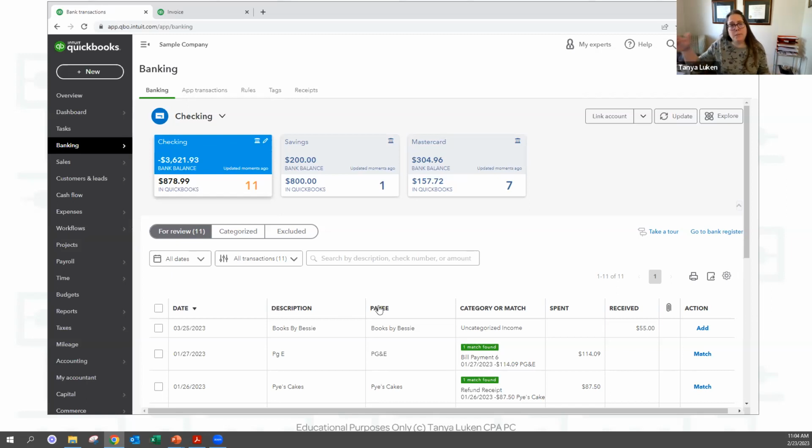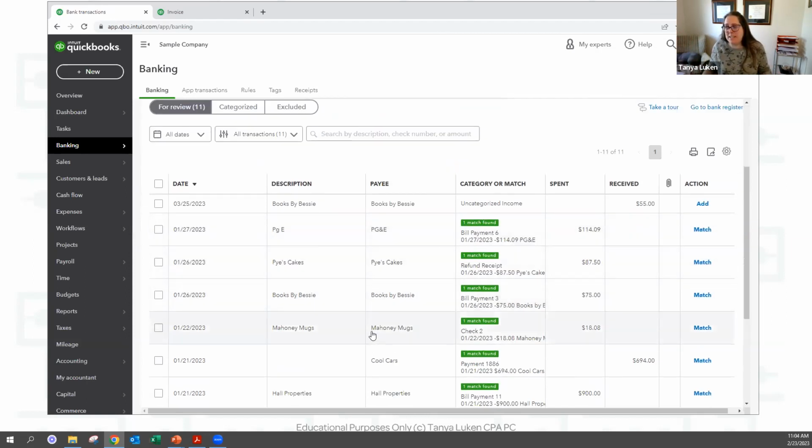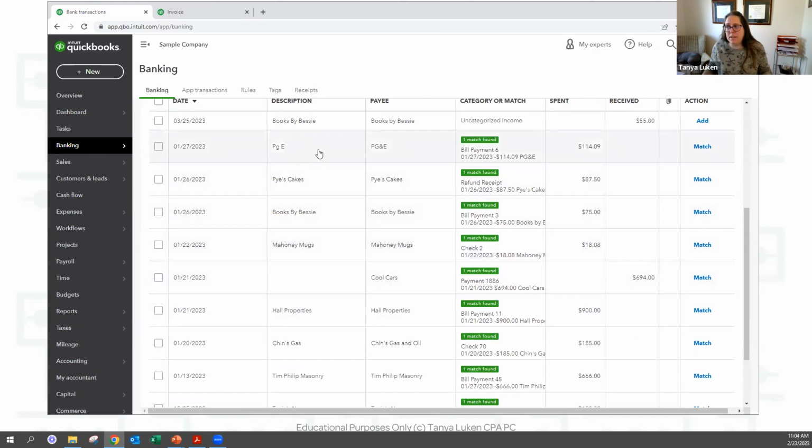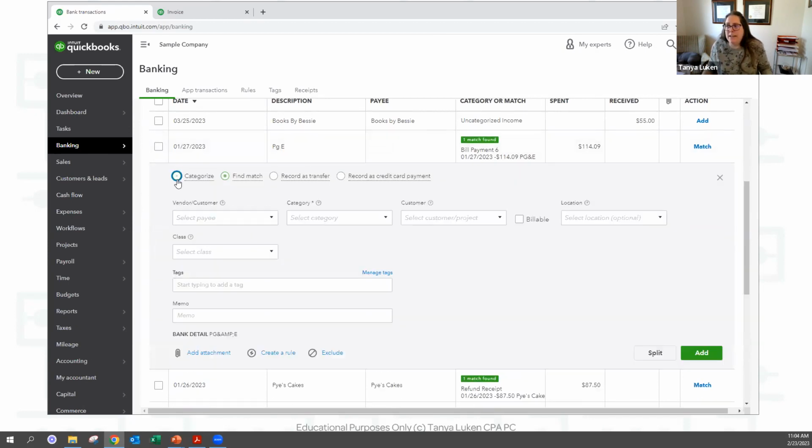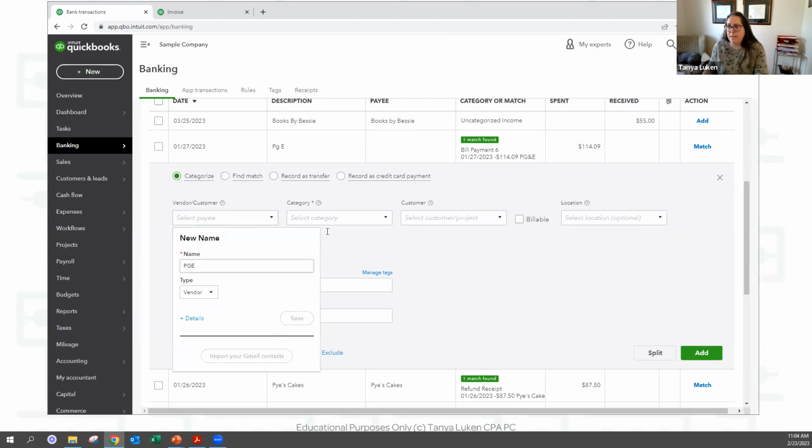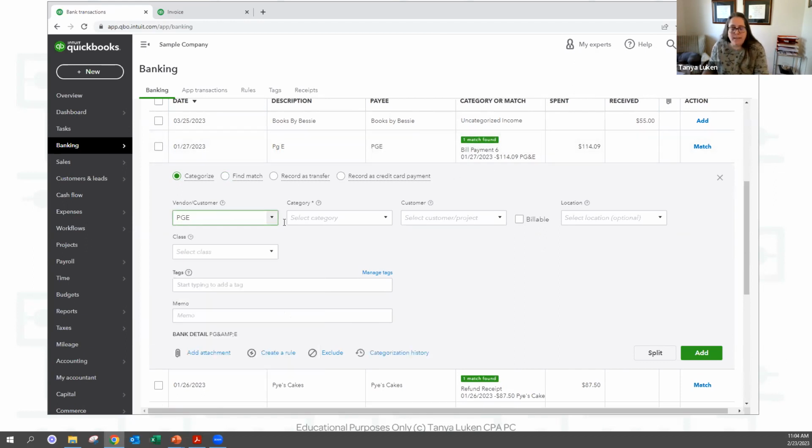If you can clean out your bank feeds, then your books are probably pretty good. So most of these that are in here are finding matches, but you can absolutely just categorize each one of them as like, this is PGE. If it found a match, you should match it if it matches. That sounded kind of confusing, but if it found things, then you would want to match them together if it's appropriate. But it's a rarity.